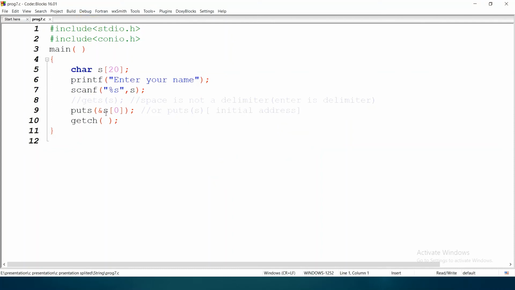Now enter your name. First I am using scanf, scanf %s. Enter your name.